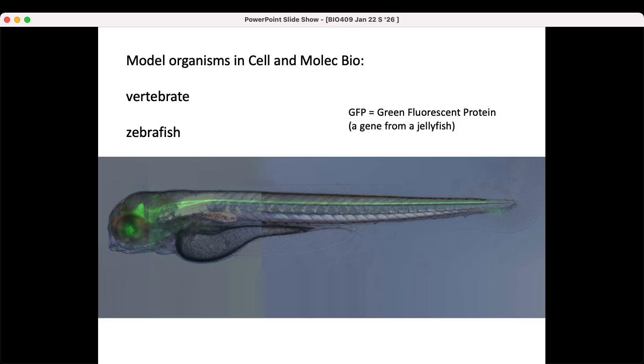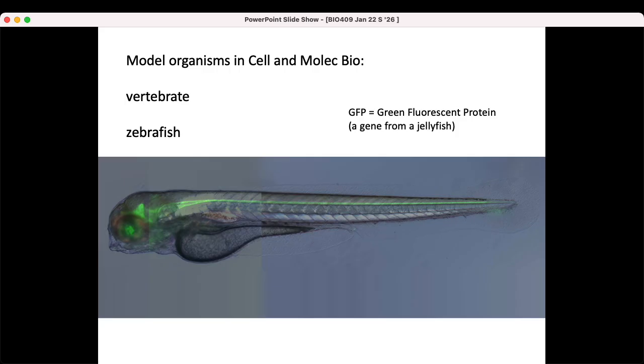And so that's just an example of a model organism. Once you get rolling on model organisms, it starts out as they're orthologs, and they're easy to raise in the lab, and then it becomes, we have lots and lots of stuff we can do to these model organisms. We can manipulate them in lots and lots of different ways.